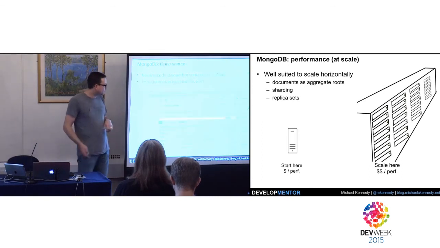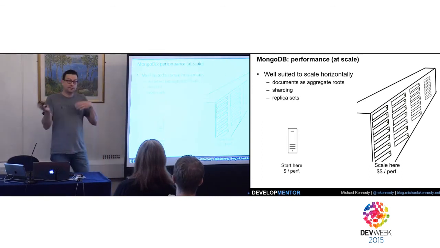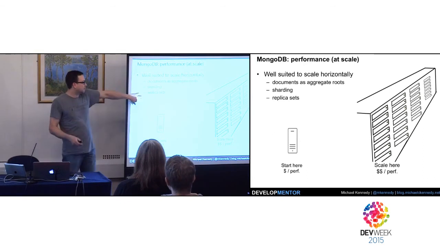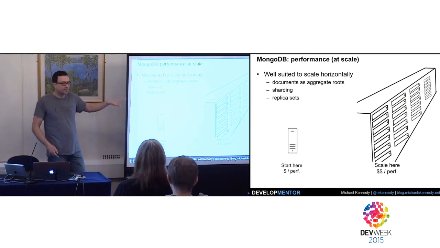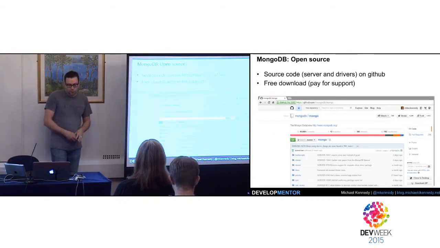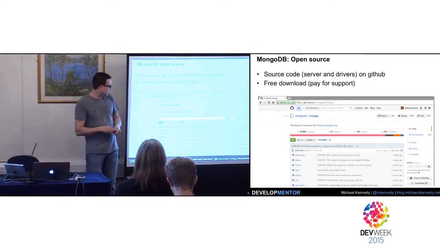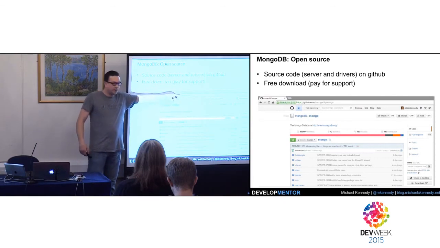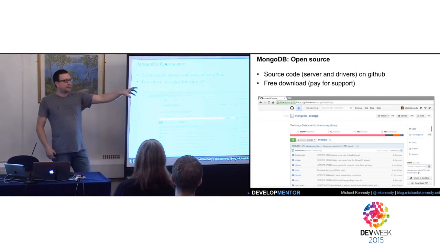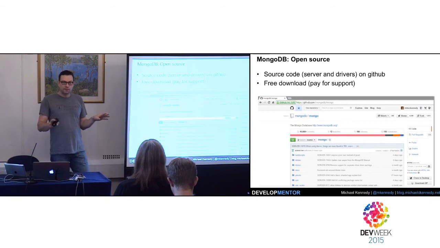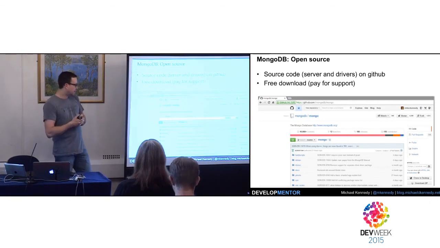All right, I have a whole other talk which you can watch on video because it's in the past on sharding and replication and stuff like that. It's really pretty amazing what you can do, but we'll sort of leave it at this. So MongoDB is open source, like I just showed you on GitHub. Go to GitHub/MongoDB, and then there's the server and all of the drivers. All of it is open source. It's free, 100% free for commercial use. The way they make money is they sell services